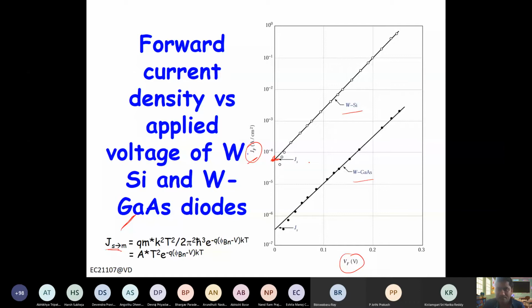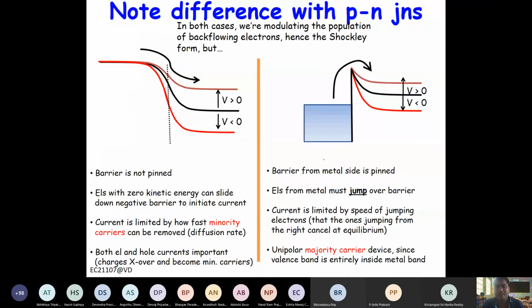Now let us compare this Schottky diode with PN junction. In case of PN junction, both the carriers participate, right? Means electrons are injected from N side, holes are injected from P side when it is forward bias. But in case of metal semiconductor junction, only one of the barriers is changing, from semiconductor to metal, and it is basically a majority carrier device. It's a majority carrier device, right? So this will be fast also, because majority carrier can respond quickly.